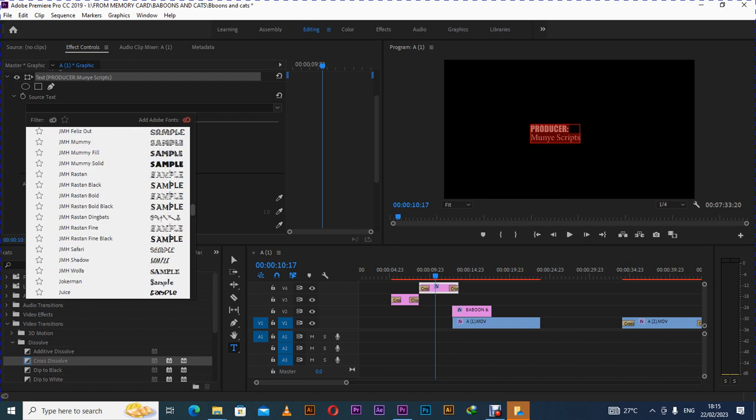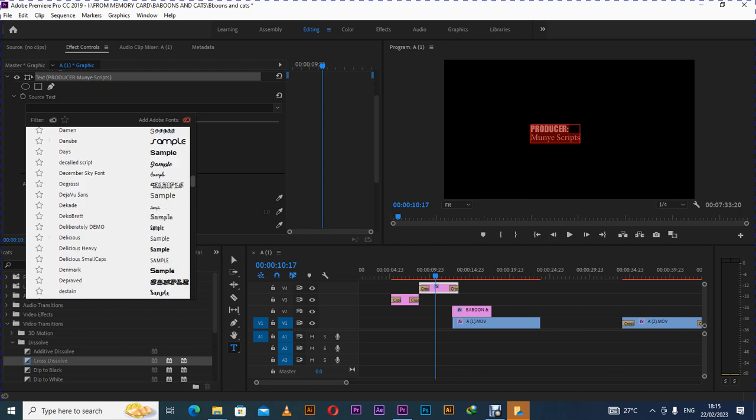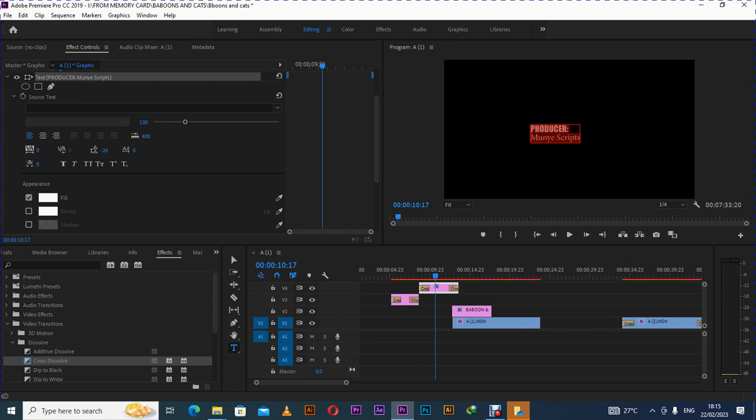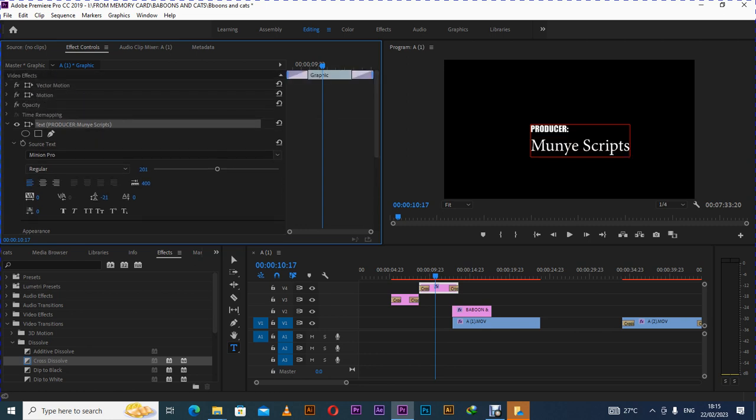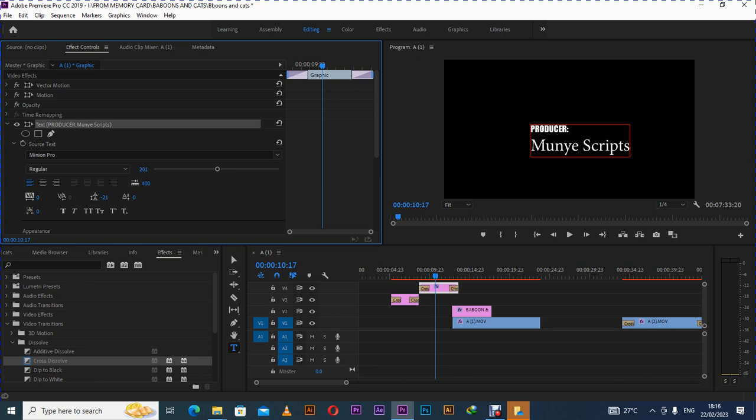So we go back. I just want this MUCIAN script. Let me begin with, let's see. Let's say that. Then we'll go to the font. Okay. So let's say that is what we have chosen to be using. So if I leave that name there,